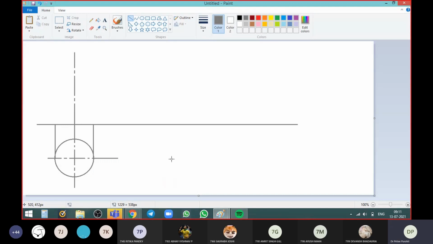So here we will be solving the case of a cylinder, development of a cylinder. It is very important to draw the front view and top view of a cylinder before starting with the development. To draw the top view first, we have drawn the circle as a top view. The dimensions given are 60 mm diameter and height of the cylinder is 100 mm.